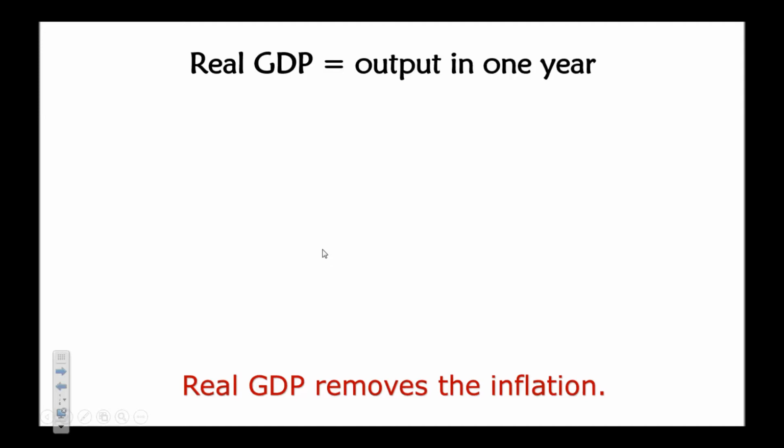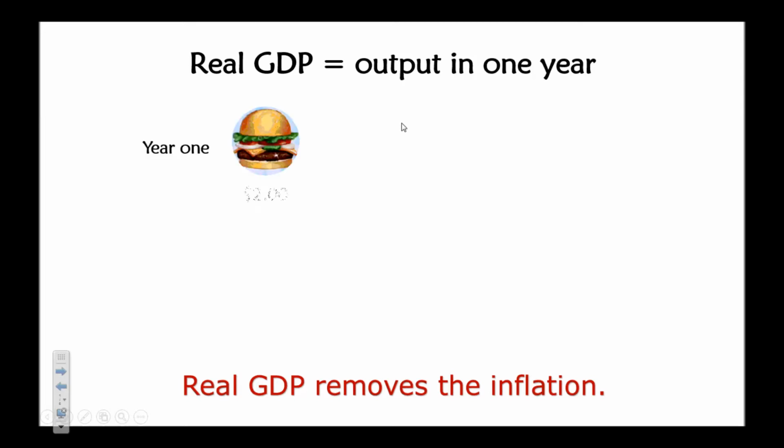This is a tutorial on how to calculate real GDP. So to begin with, what I want to do is remind us why we have to remove inflation from GDP. Real GDP is just the output that is produced in one year. We will measure that not in terms of what's produced, but the dollar value of what's produced. And we have to convert those dollars to a single year's dollar value so that multiple